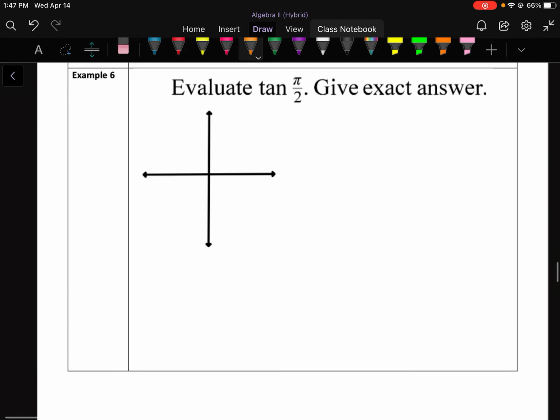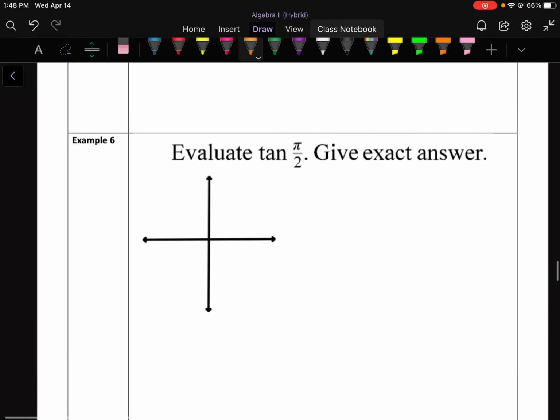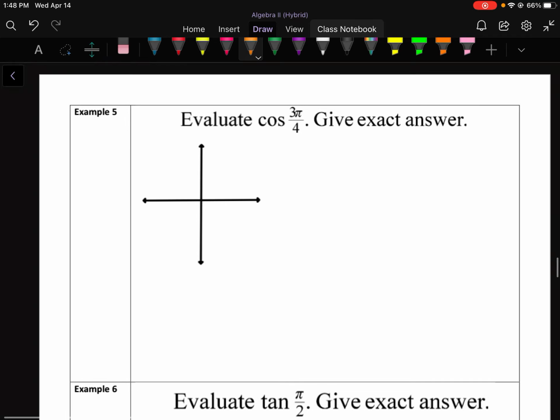So there are a couple more here, example 5 and example 6, where you're first going to have to convert these to degrees, and then you might involve the 45, 45, 90 triangles. But that is it for